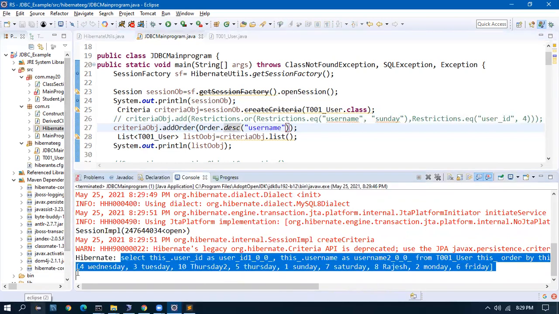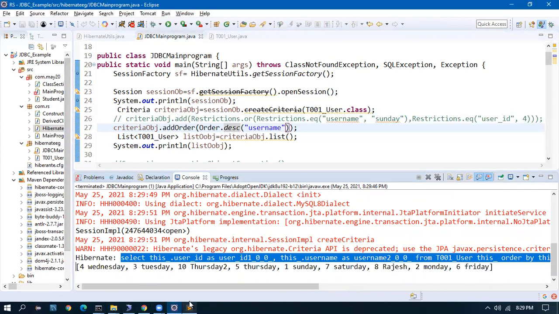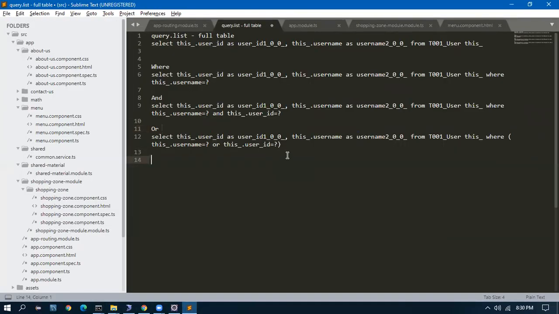Here it is. See here, there is an order by username descending. If you give ascending, it will be ascending.